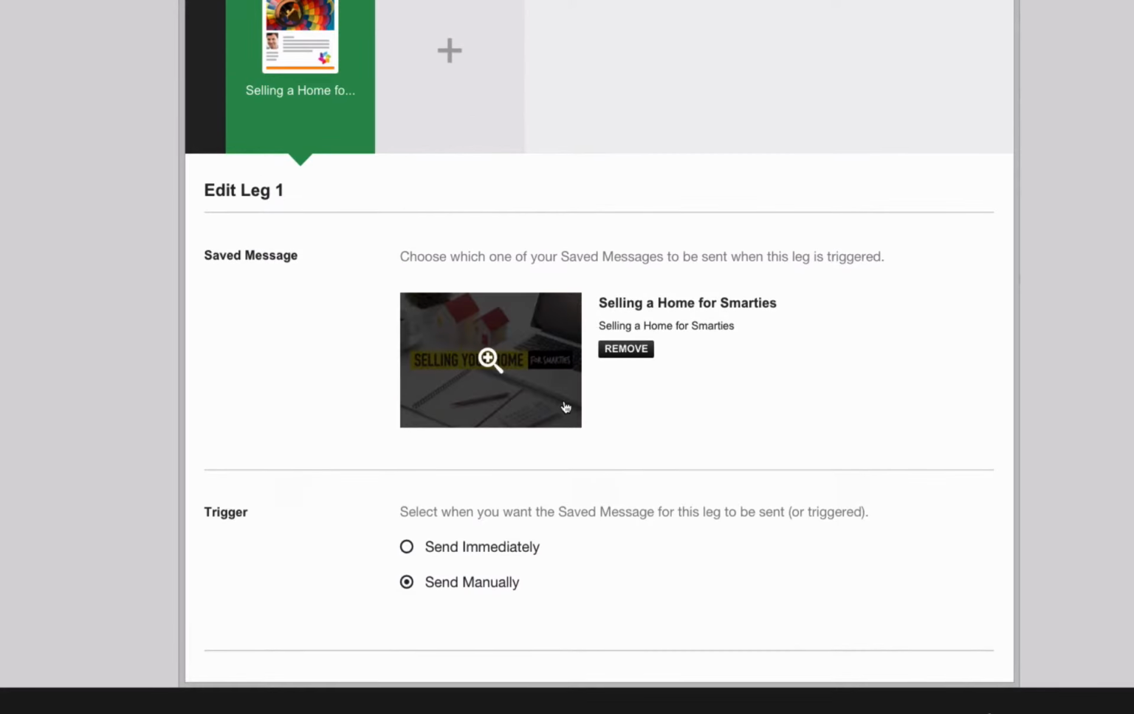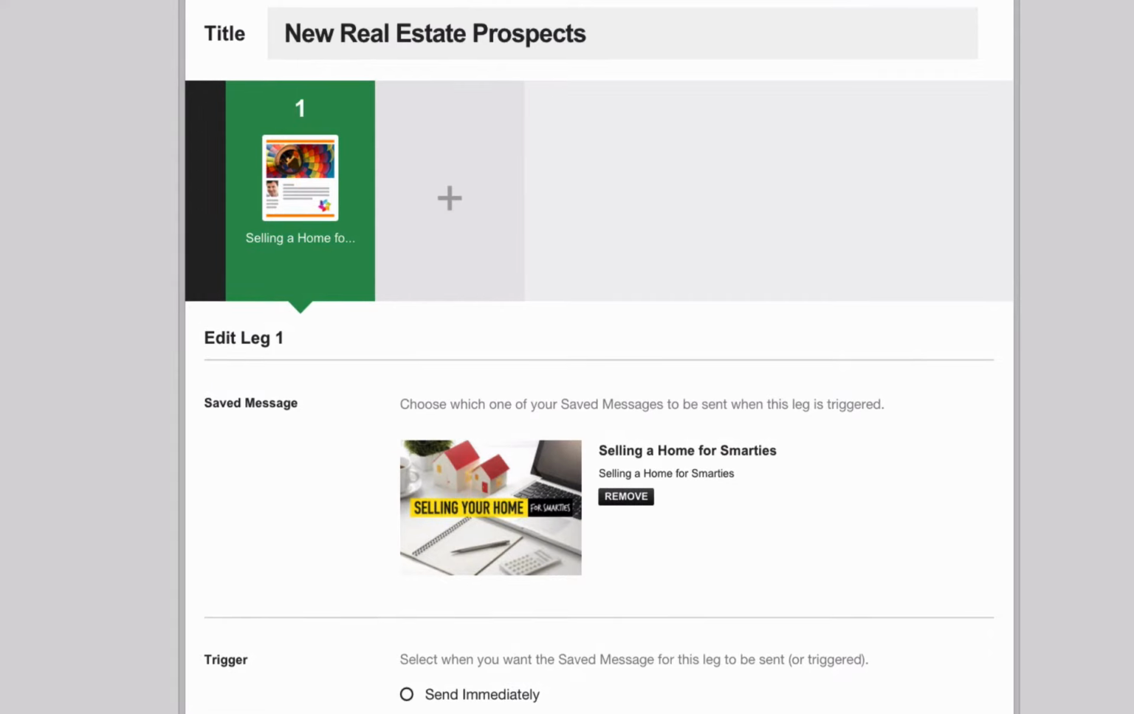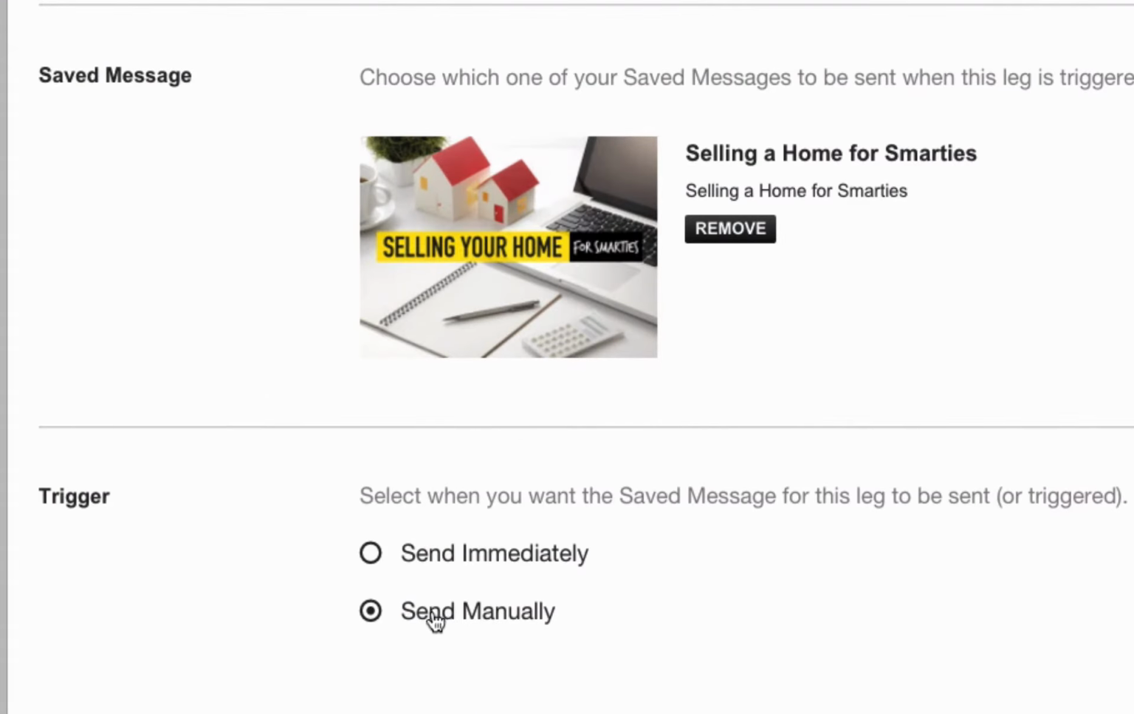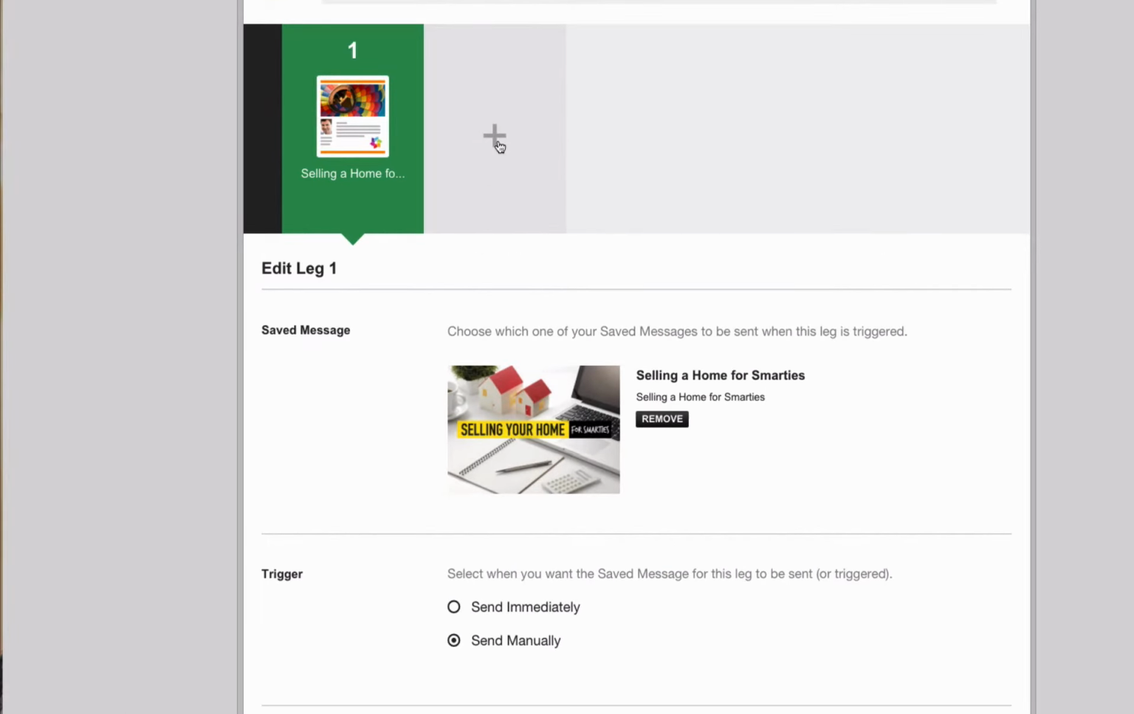Again, if you need to preview it before you really finalize it, you can click the magnifying glass once you hover over the thumbnail. All right, I think this message is perfect. I can then choose to send this manually or send it immediately, and so I'll show you what that means in a moment. So to add my second leg, I'll click the plus button,